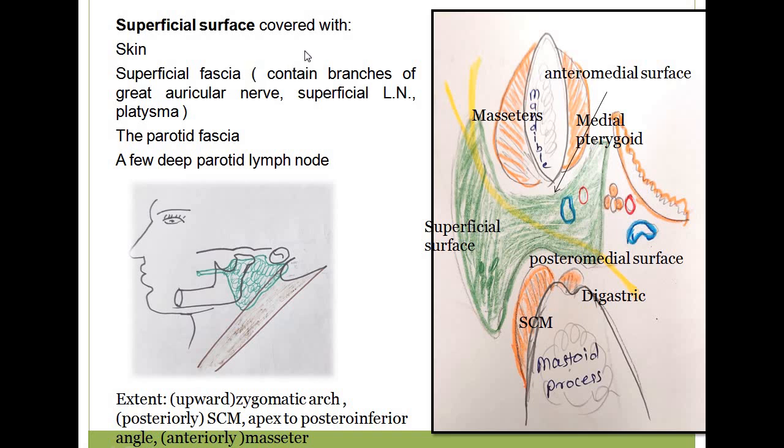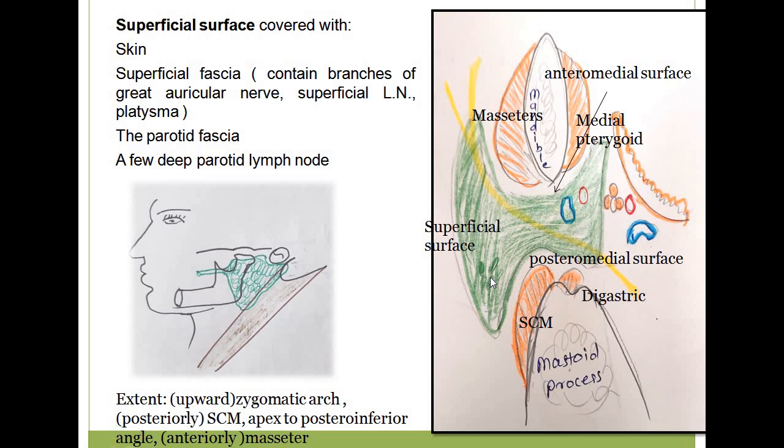Superficial surface is covered with the skin. Now here in this figure you can see the transverse section is taken. Anteriorly there is this bone, that is the mandible, posteriorly mastoid process. This is the superficial surface. Here you can see, the gland is also passing deep to this, between these two bones, mandible and mastoid process, and even it's reaching on the medial aspect near the pharynx. So now here we can see this part is the superficial surface.